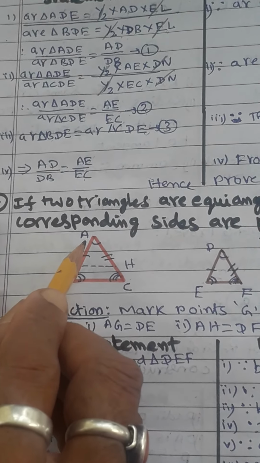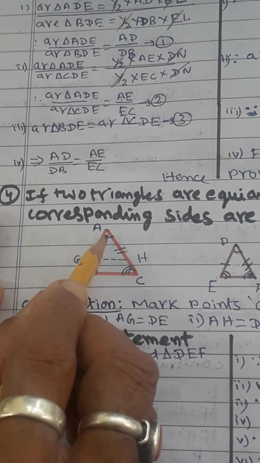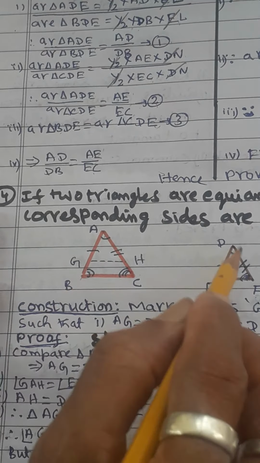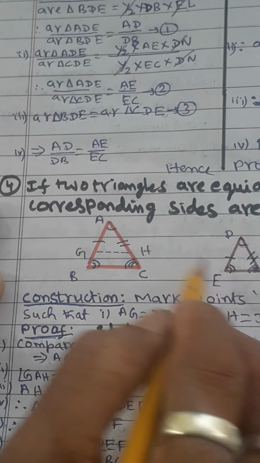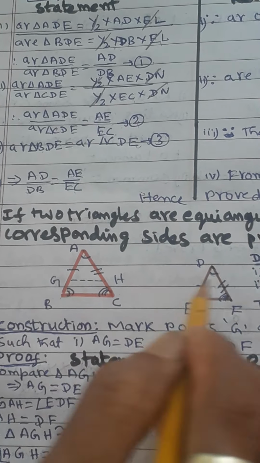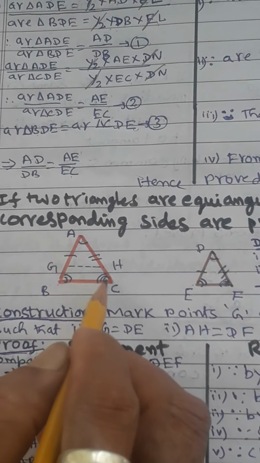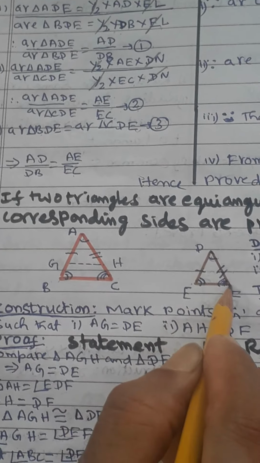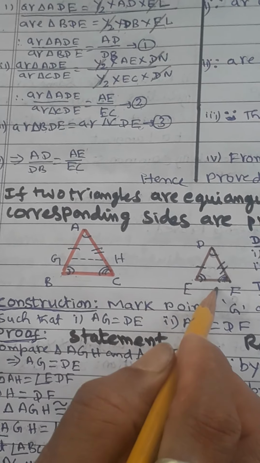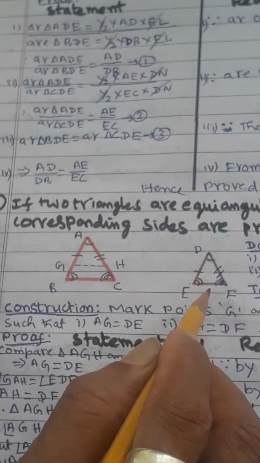While taking that ratio, you should consider the same corresponding angles only. First angle, second angle here means first angle, second angle there too. So first angle, second angle is AB, and here also you take first angle, second angle, which is DE. Second angle, third angle, where BC is, here second angle, third angle comes as EF. So BC divided by EF, like that you should write. So those proportions are equal. That is the theorem we have to prove here.